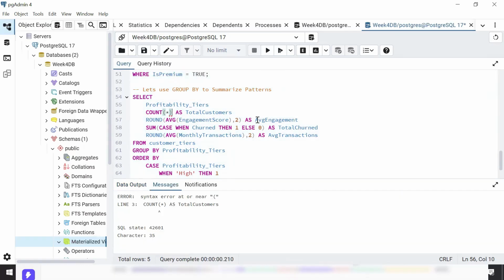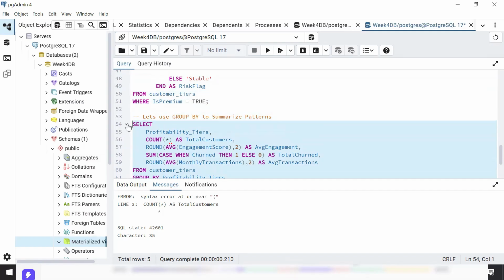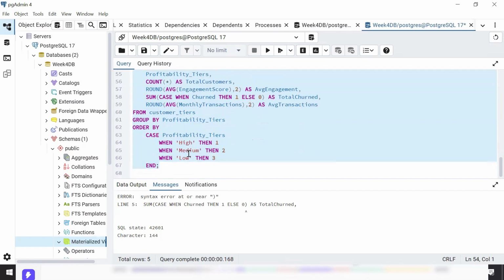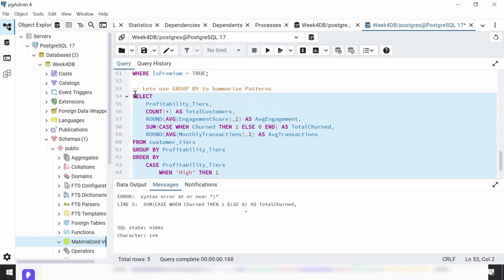Let's execute that. Okay, so we have an error here. All right, so let's see why we had that error. We did not use comma where necessary. Okay, so let's execute again. So we have a syntax error here. Okay, let's look at why that happened. Okay, where we have some case when churned, then 1 else 0. Okay, we did not end this. Okay, so we'll say end. All right, so let us execute